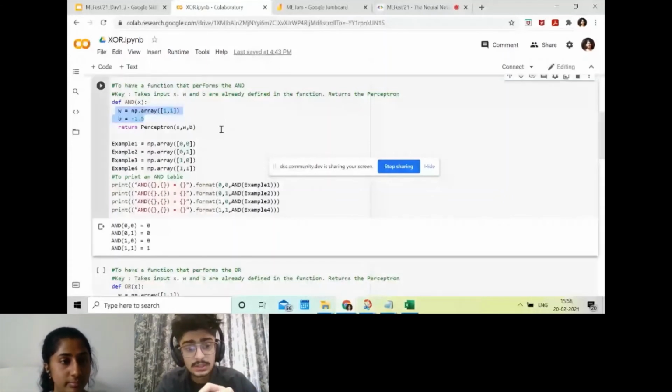Yeah, so what we took for now is weights value 1 and 1, and bias value minus 1.5, right? But if you think about it, let's say you take the weights as 10, 10 and bias as minus 15. If you try to solve it and figure it out, I guess I took the right values, then you will get the same results in that case as well. So why is this the case?